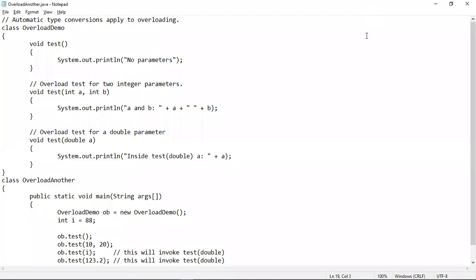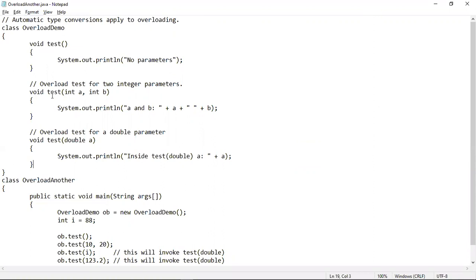Here is another program of method overloading to demonstrate how automatic type conversions apply to method overloading. Here you can see that OverloadDemo is a class which has three overloaded methods inside it. The first one is a simple method which has no parameters and a void return type. It will print no parameters.